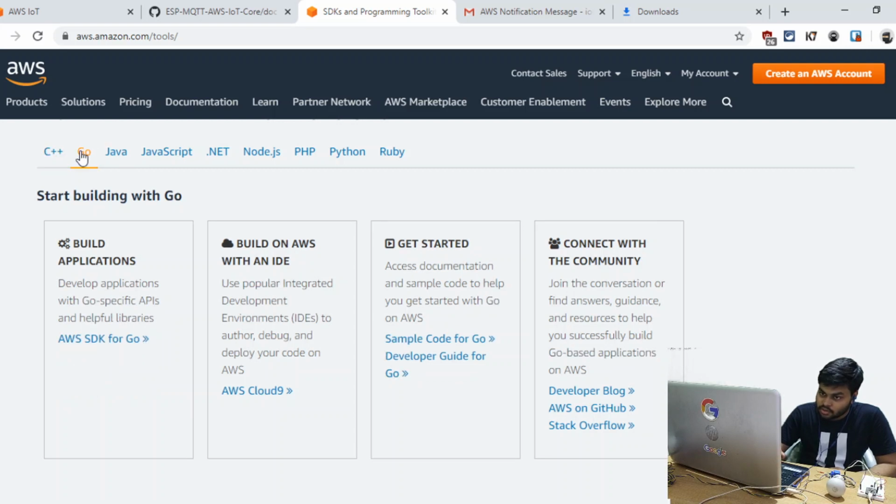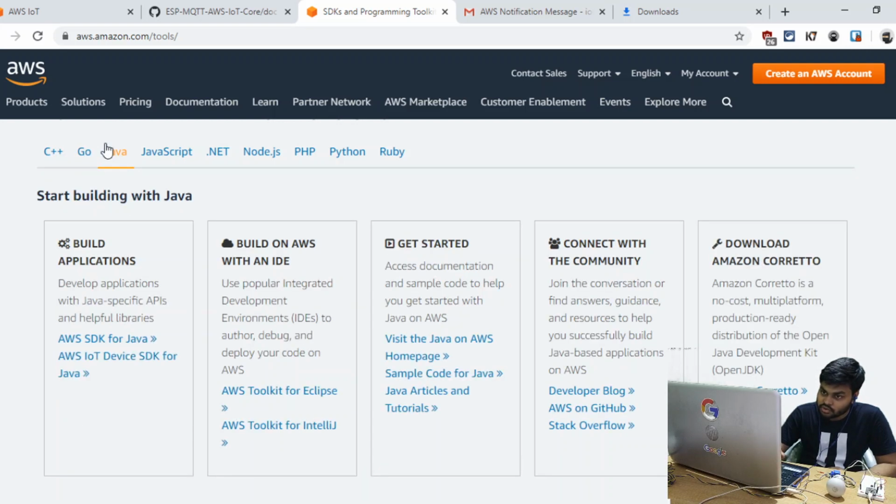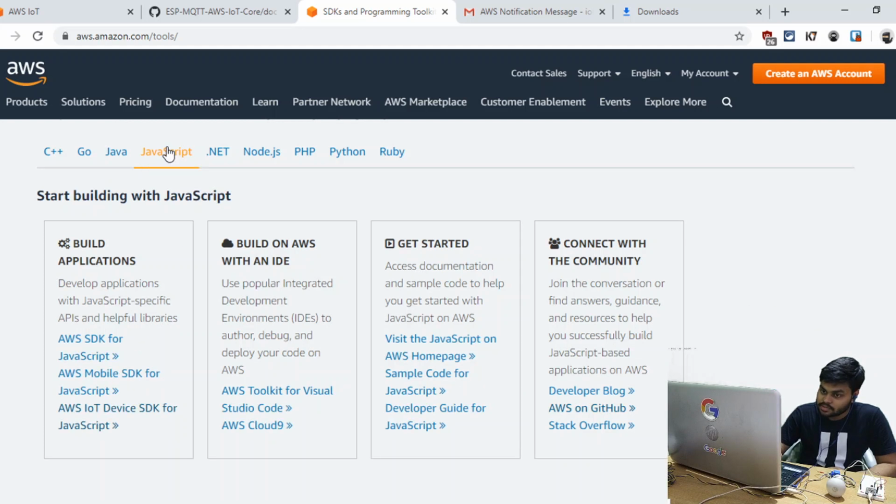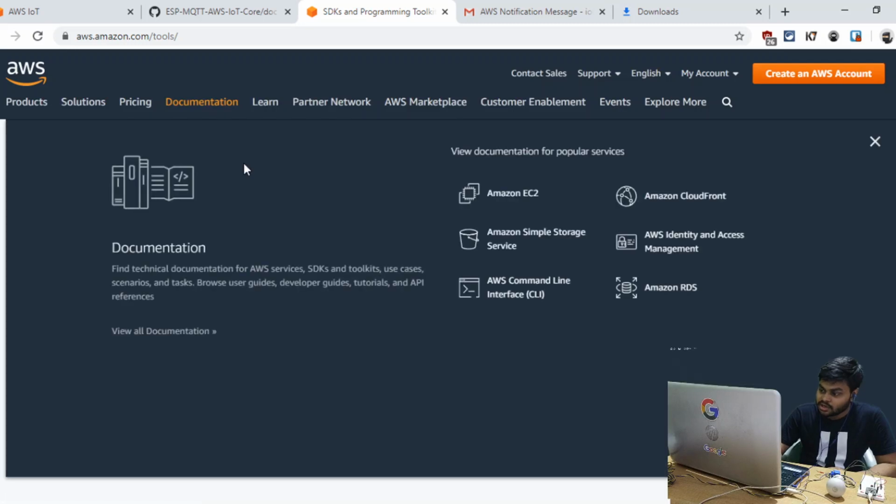Let me click on Go. We don't have it for Go. Click on Java. So we have the IoT device SDK for Java. This is basically a library which will help us in connecting our device to this MQTT broker of AWS IoT. We will connect to AWS IoT using this SDK of Java. We have the Java SDK, and JavaScript. We have the IoT device SDK for JavaScript, and